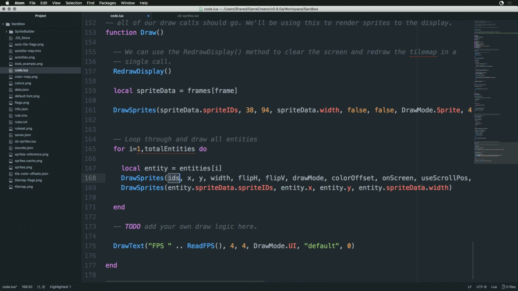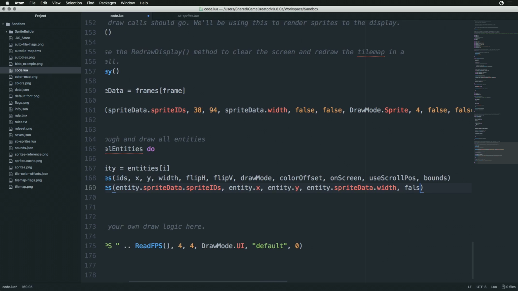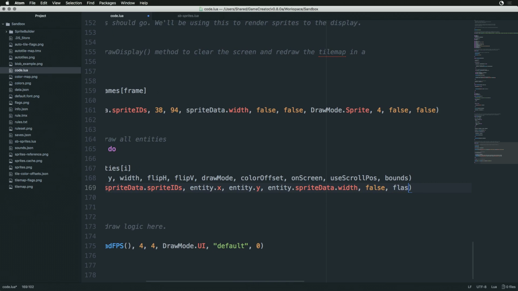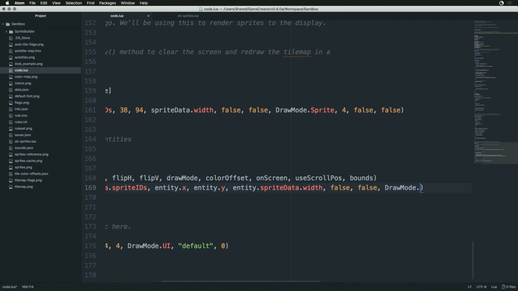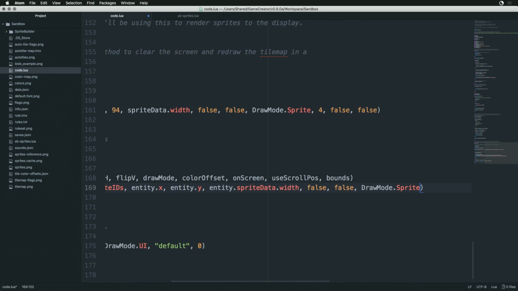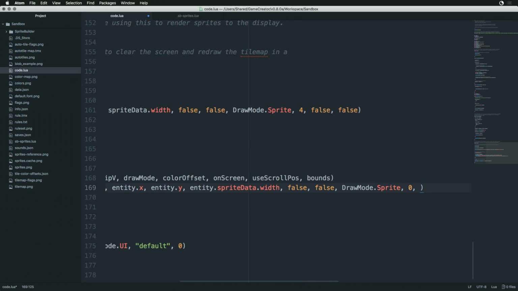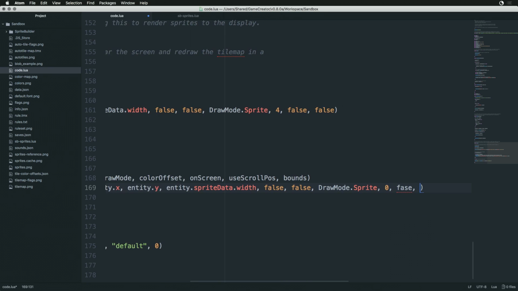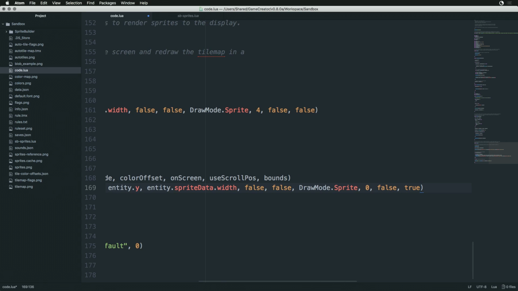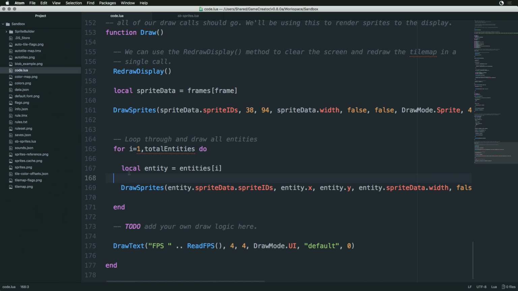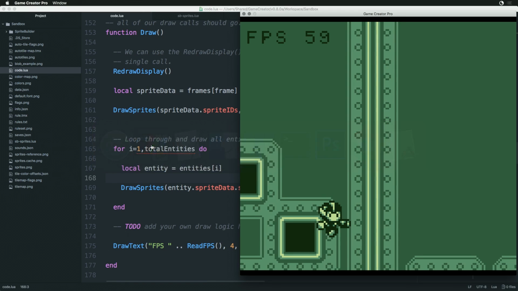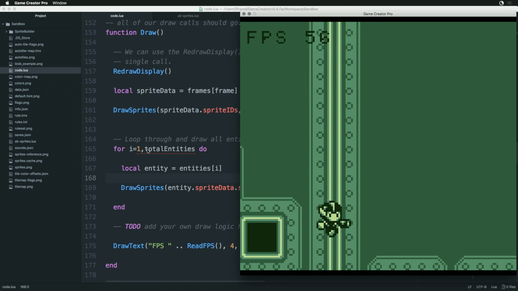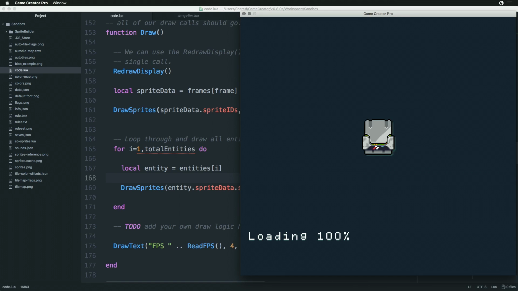So what we need is this to be false, false, draw mode sprite, 0 for the color offset, on screen set to false, but we're going to use the scroll position set to true. And we're not going to define any custom bounds. So now what should happen is if I refresh this,